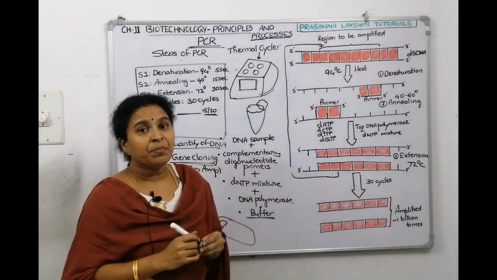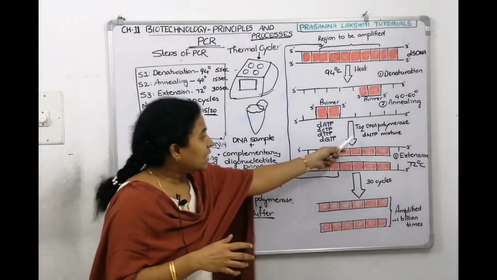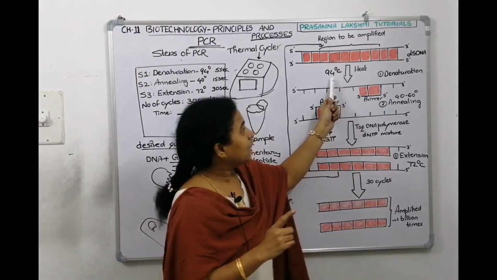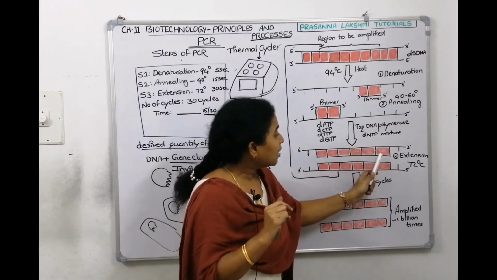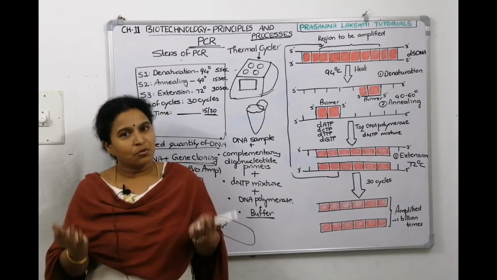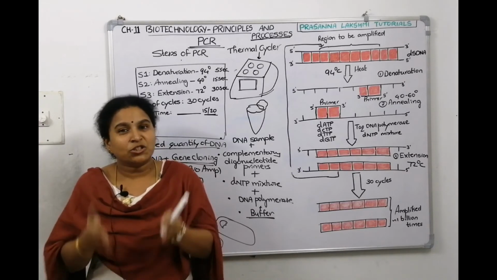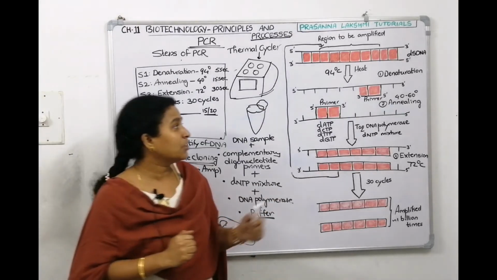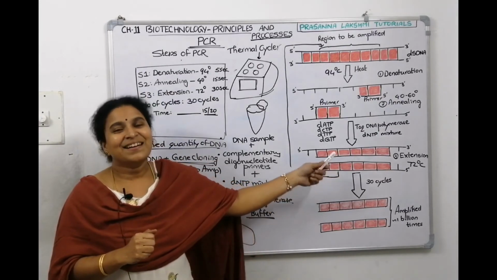Now notice one point. Everything you are adding in one shot in the Eppendorf, you are closing it, right? Now the Taq DNA polymerase enzyme, in one step it is getting exposed to 94 degrees centigrade temperature. In another step it is getting exposed to 40 to 60 degrees temperature. In another step it is getting exposed to 72 degrees temperature. And what we studied about enzymes is, enzymes are thermosensitive. Enzymes act at a very optimal range. Enzymes get denatured when you fluctuate the temperature. That's what we studied, no? Now, are you fluctuating the temperature? Yeah, we are fluctuating the temperature. You are exposing to different temperatures, right? Then how is it tolerating then?